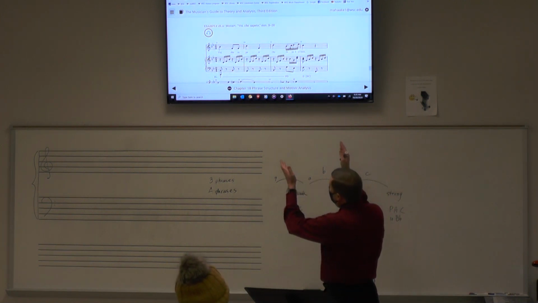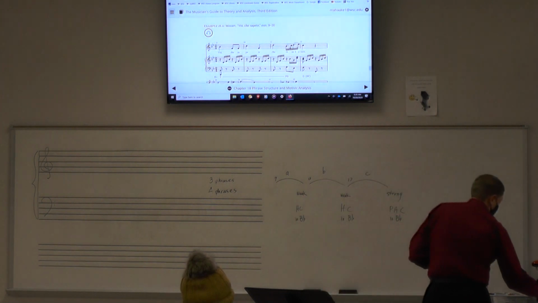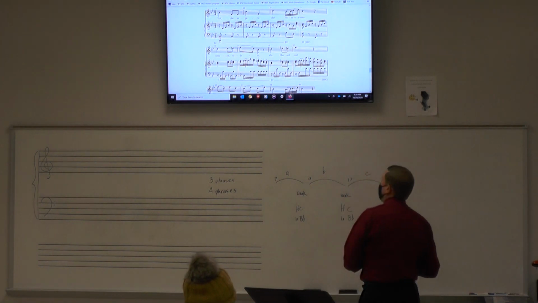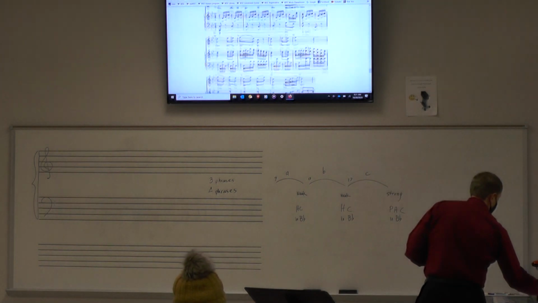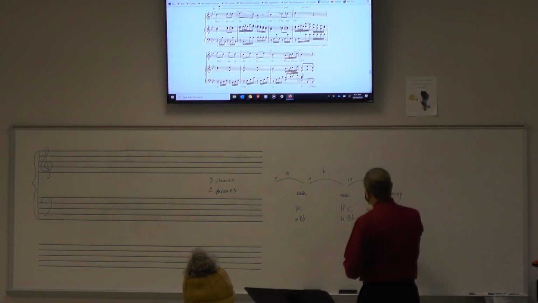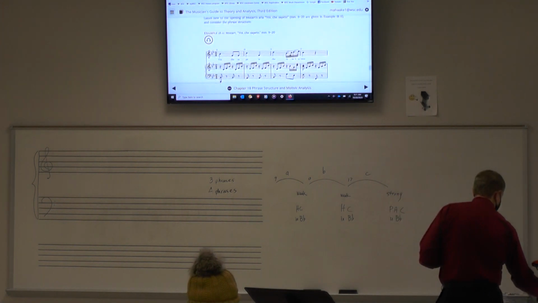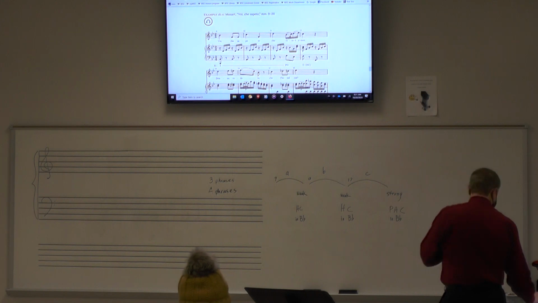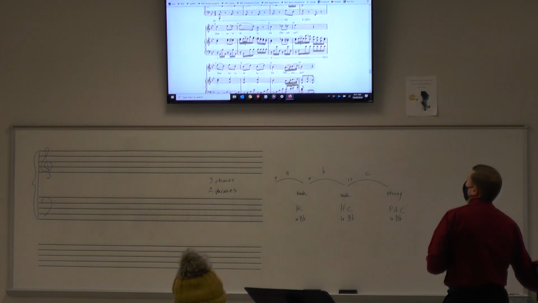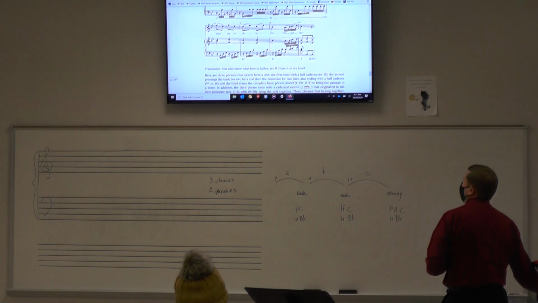What we have is a 4-bar phrase from measures 9 to 12, which we can label as A. Then after that, we have a middle phrase from measures 13 through 16, which we can label as B, because the melody is different. And finally, we have the last phrase from measures 17 through 20, which is yet still different in melody, so we label that as C. Now, the author in this particular text has labeled the cadences for us. You can see that there's a half cadence in measure 12, a half cadence in measure 16 as well, and finally a PAC in measure 20.